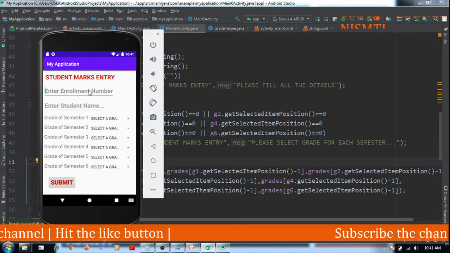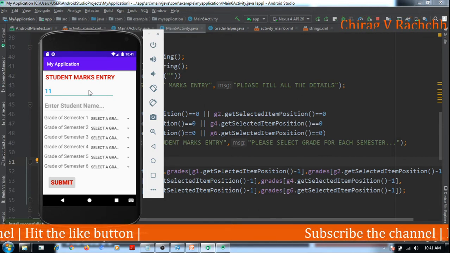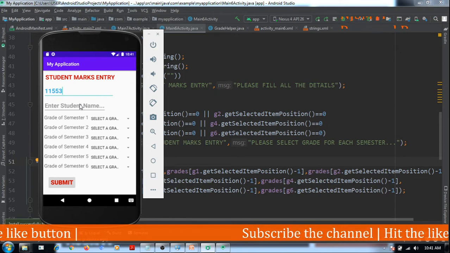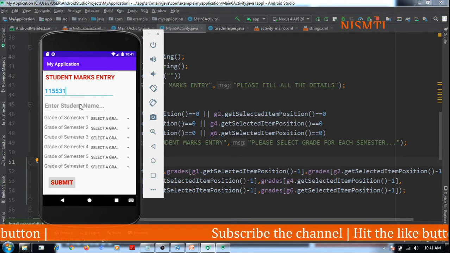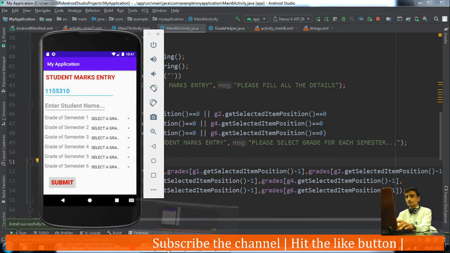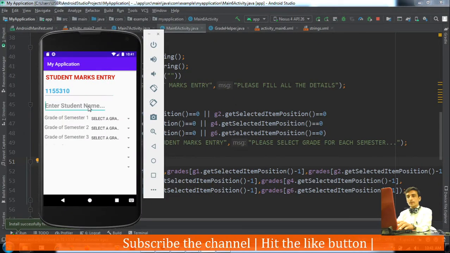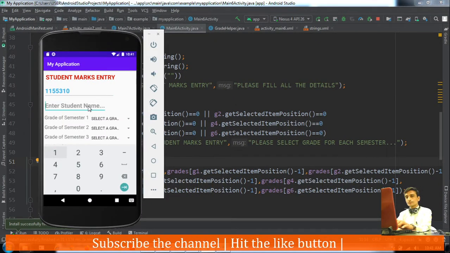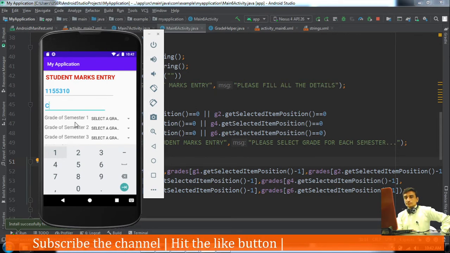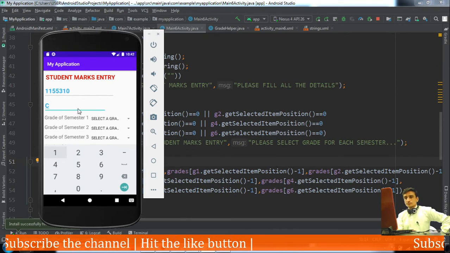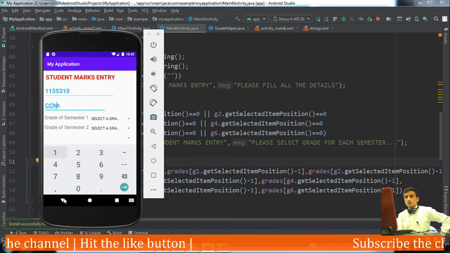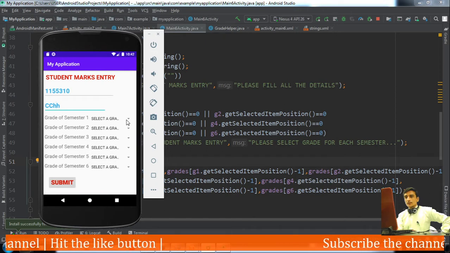Enrollment number, suppose 11553101. Then name of the student, suppose Chirag. Now let me select the grades.